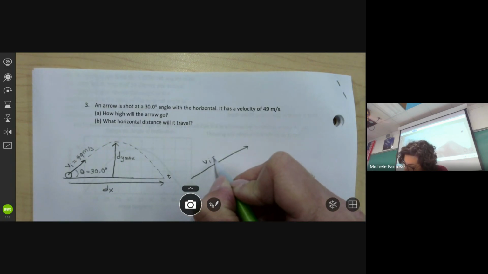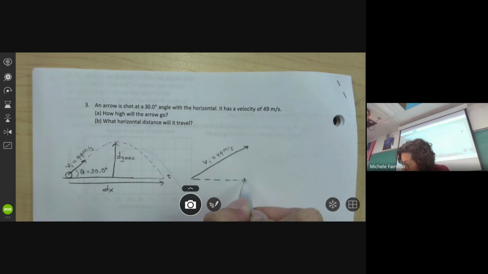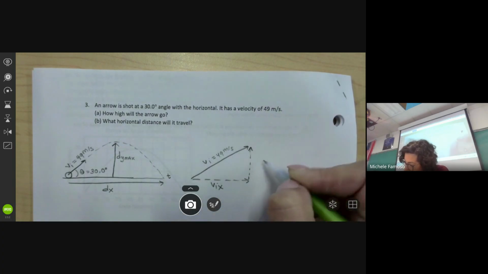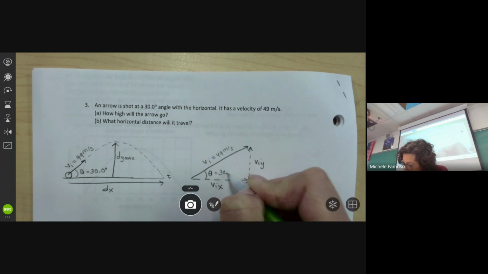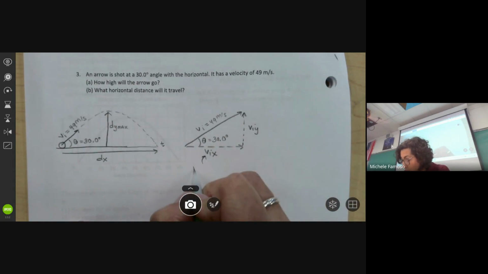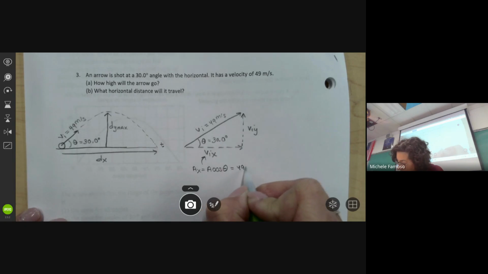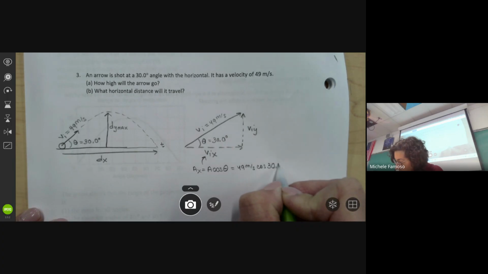So here is that 49 meters per second. This is your VI in the X and your VI in the Y. That angle is 30.0 degrees. To get the X side of the triangle, we always use AX is A cosine theta, right off your reference table, page 6. That means I'm going to take 49 meters per second and multiply by the cosine of 30.0